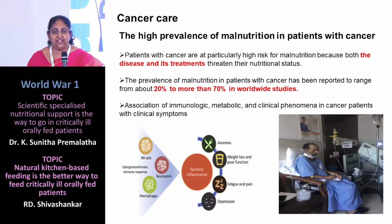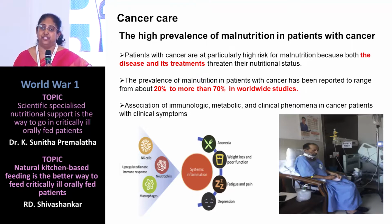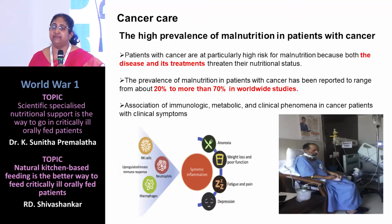No matter whatever cancer you're dealing with, most commonly seen in GI cancers, but whatever cancer it is, they are malnourished. And at that point of time, what could really help them to meet the nutrient requirement is, again, specialized nutrition support. If you see the picture, one of the patients that I've put, he was there almost for